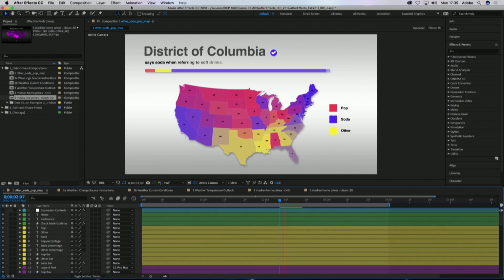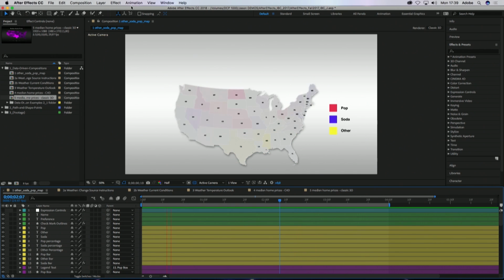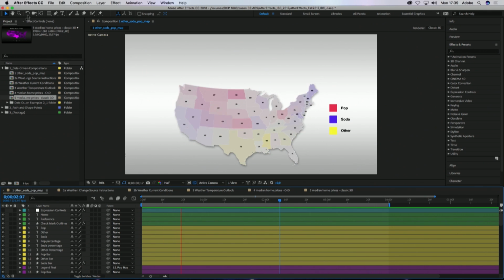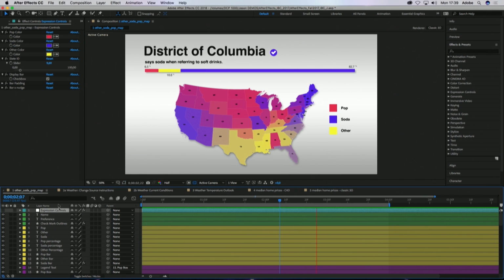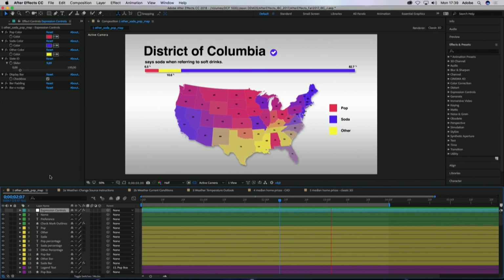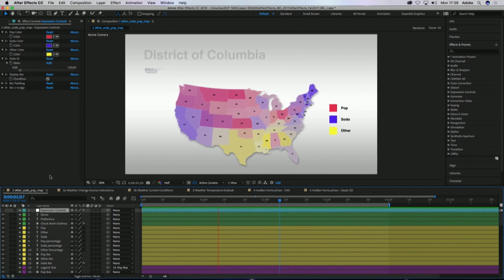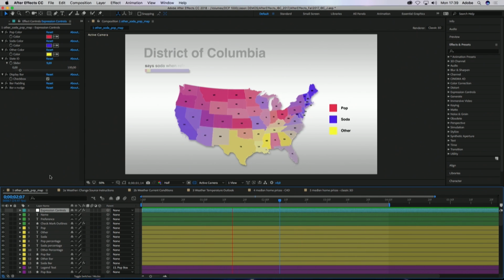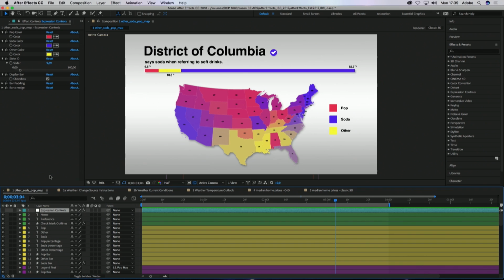And we're going to talk a little bit about something called data-driven animation, data-driven graphics. So here we have an animation showcasing across the US how different states refer to soda, or rather, soft drinks, whether it's pop, soda, or other, okay? And actually what's driving this animation is nothing more than a JSON file, a data file, converted from a CSV